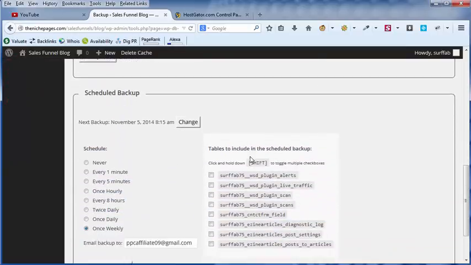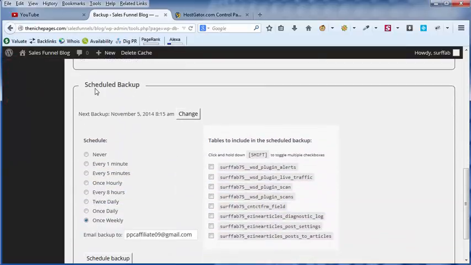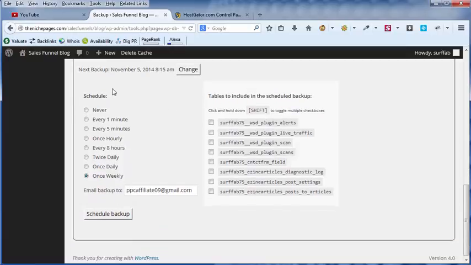And now the cool thing is here you have a scheduled backup. What you can choose is to schedule it, okay, every minute doesn't make sense, maybe every 5 minutes, once per hour, every 8 hours, twice daily, once daily, or once weekly. In this case, because I don't use this a lot, I have chosen once weekly. You can give it an email address that you want, and also include some additional tables that you want in your scheduled